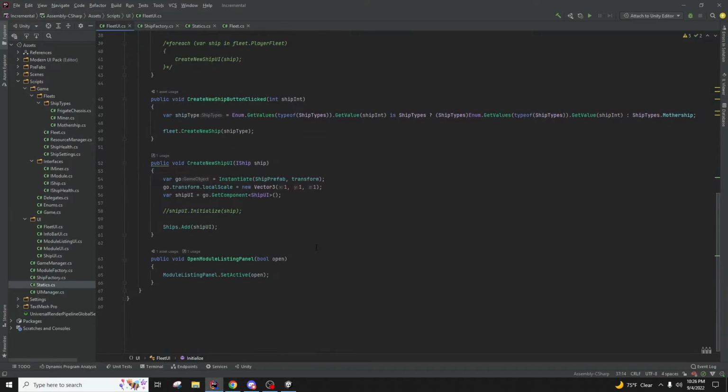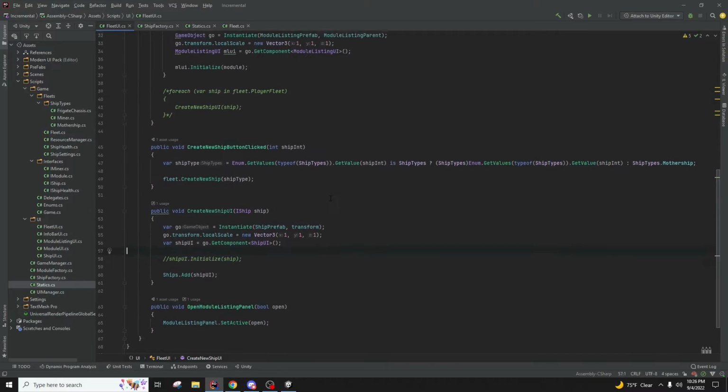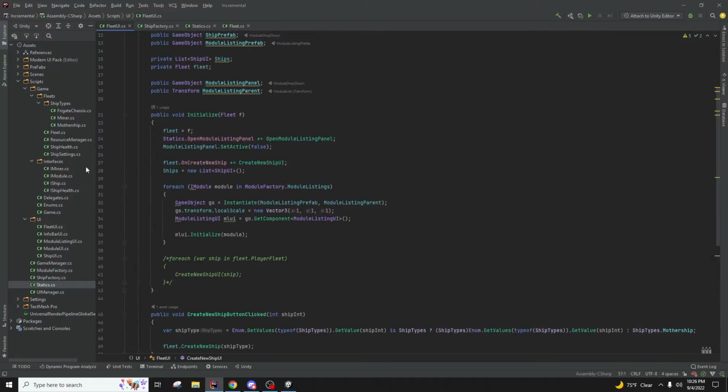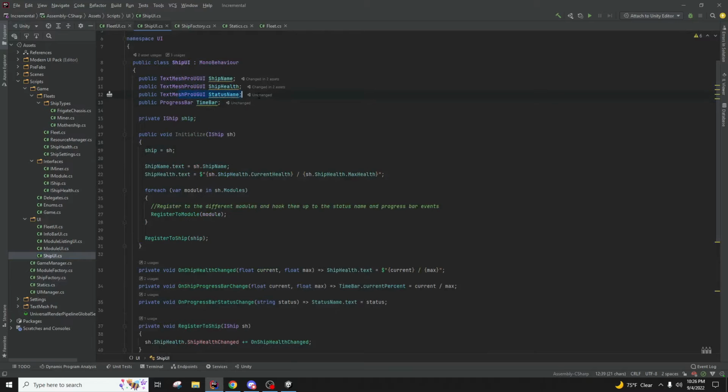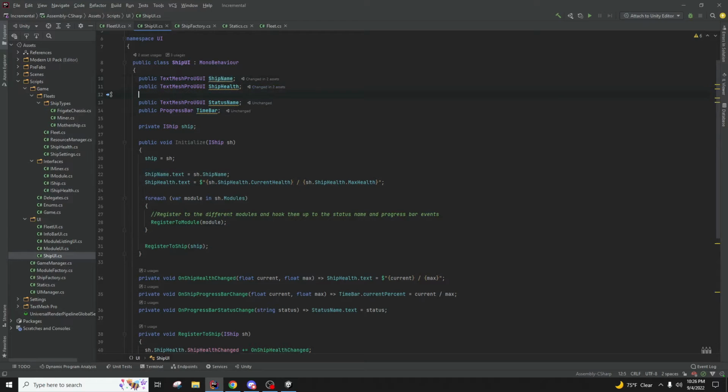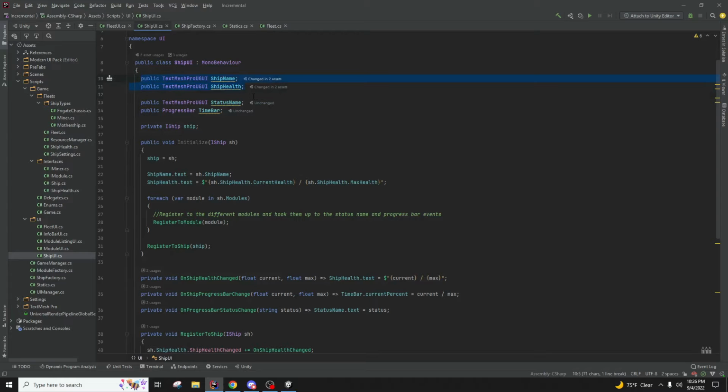So the next part we need to do is we need to initialize the ship UI. So what do we need on the ship UI? Let's open this up. So right now we have the status name and status health and the ship name. This needs to be separate. Okay, so this is the top portion. And then we have the panel for the